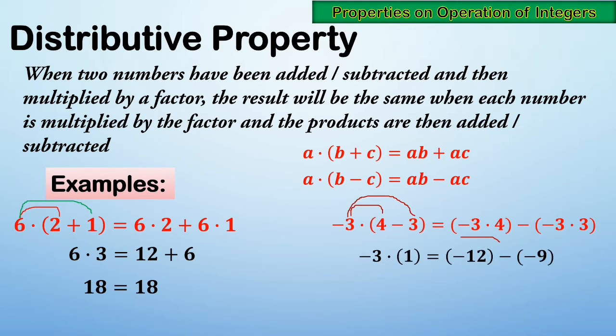positive 1. Then negative 3 times 4 is negative 12 minus negative 3 times 3 is negative 9. The negative 3 times 1 is negative 3. Then negative 3 minus negative 9, the answer is the same, negative 3. And that is distributive property. Okay? Next,